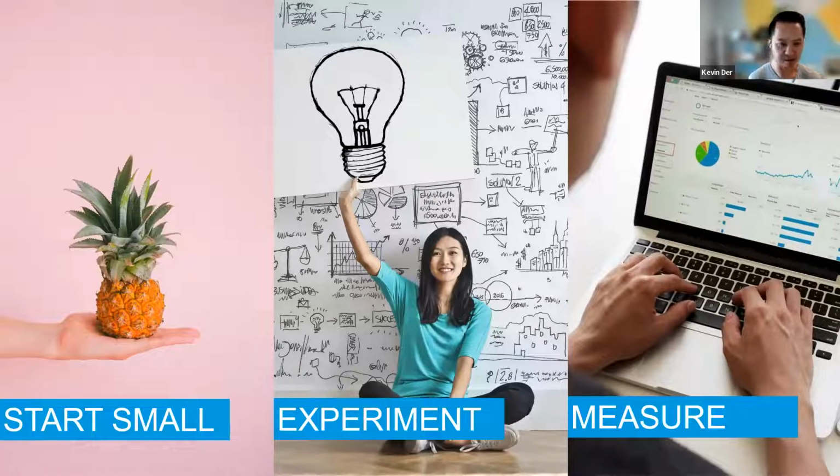The second piece of advice is experiment. I fundamentally believe curiosity is one of the most important traits of a marketer going forward. With so much technology advancement and changes in consumer behavior, it can be challenging to keep up, but it actually opens up a ton of opportunity. So on top of starting small, experiment and play around and be curious.